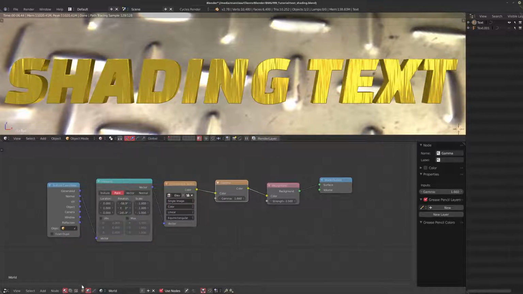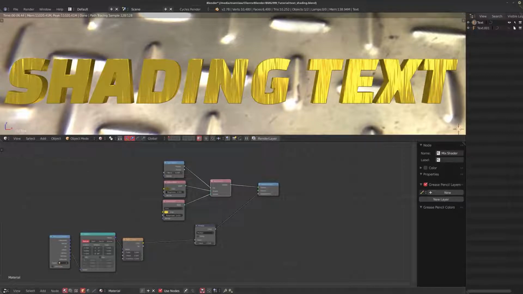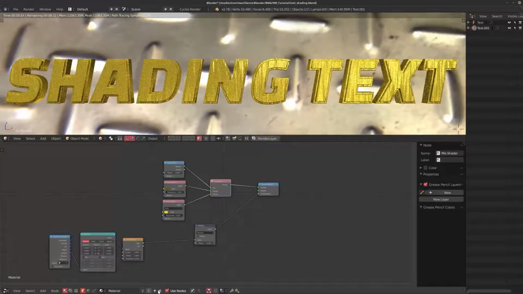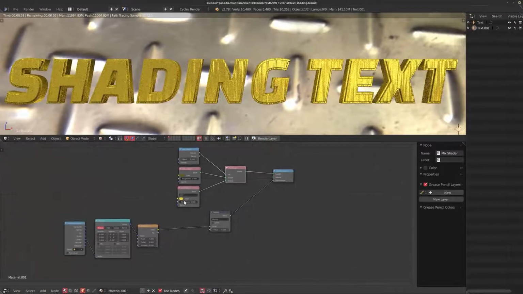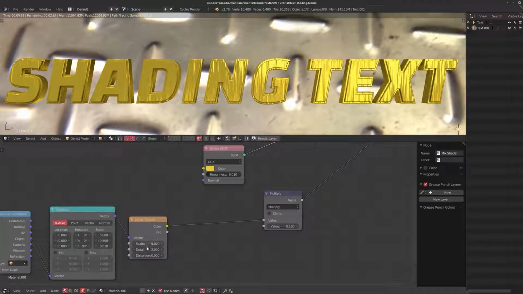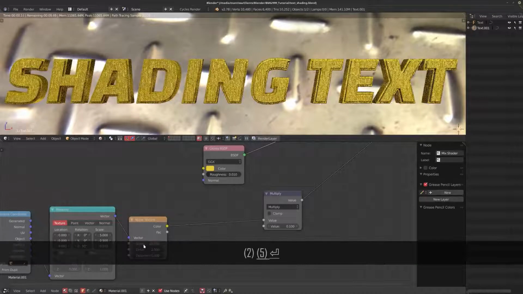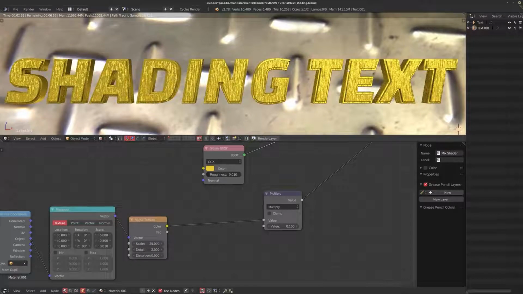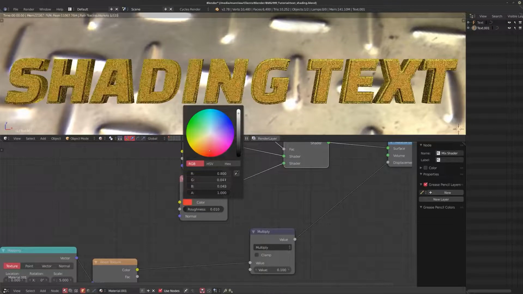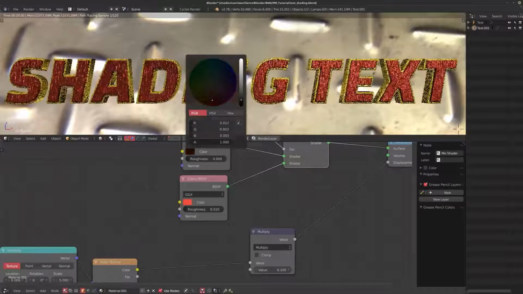So with that done, I'm going to go back. And this is definitely not the best lighting, but I'm just going to move on to the next text object. We can fix that in just a second. Grab the material, hit the 2 over here, and that way we can just start changing the colors a little bit. And if you really wanted to, you could change the scale of the noise so it looks slightly different. There we go. So it's not one big flow from one text to the other. And maybe change this to something a little bit more red. Same with the color over here. Bring this down just a bit.